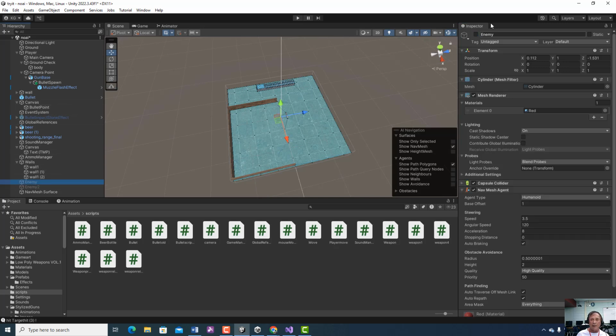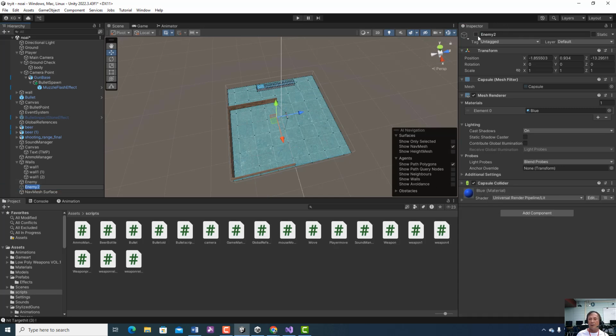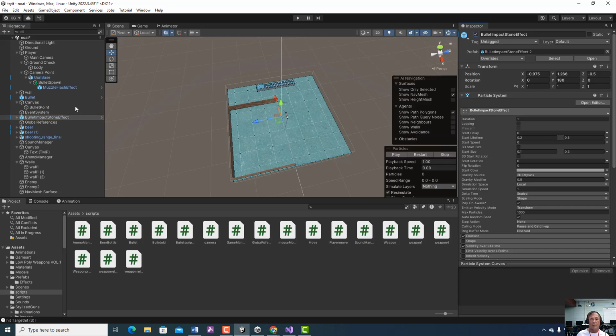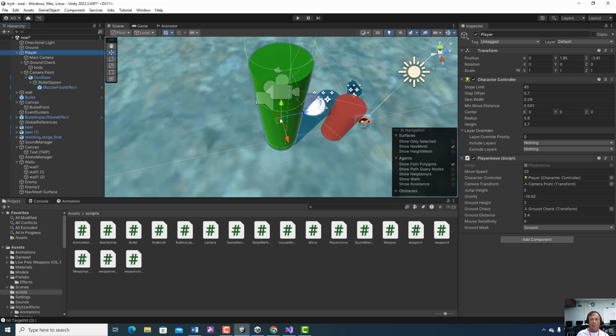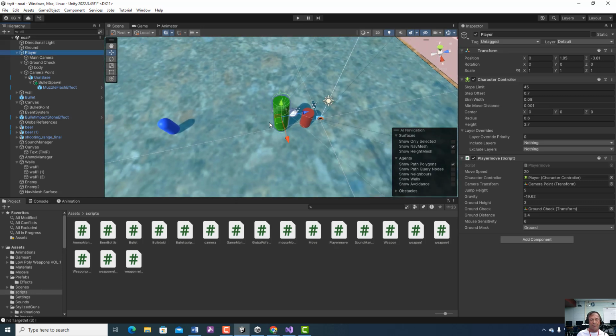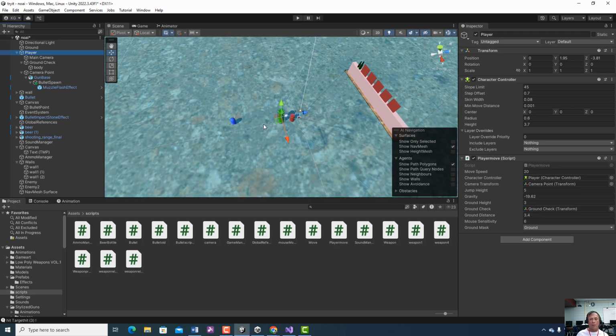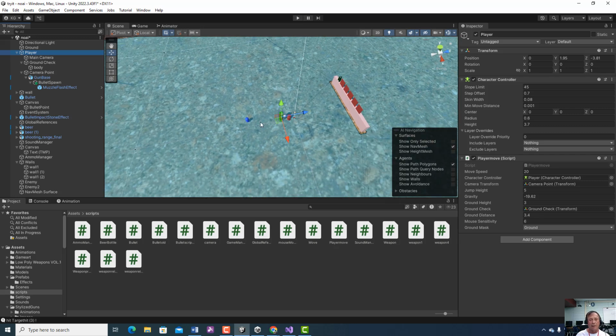And we're going to unhide the enemy. Unhide the enemy 2. And unhide our bullet spawn. And now if we go to our player, we can see everything's baked. Okay, now we are going to start determining